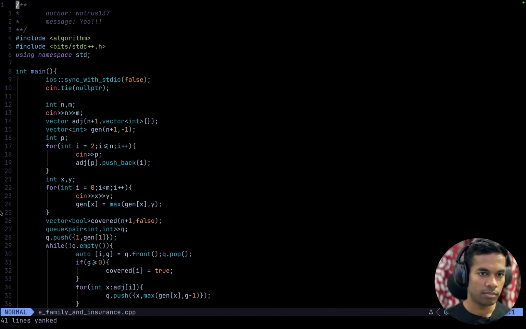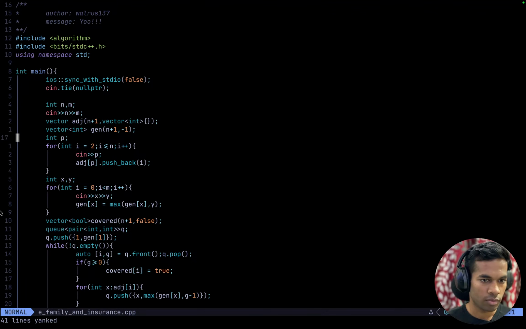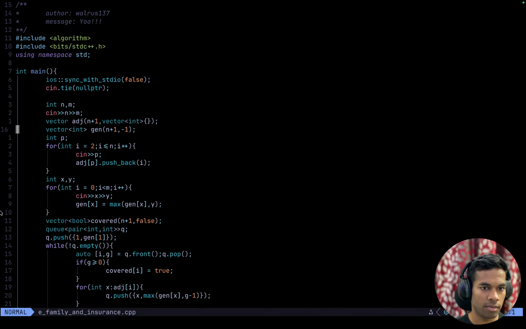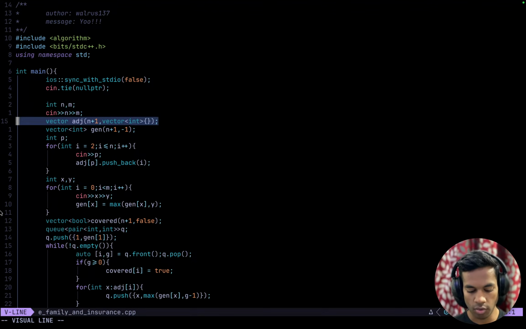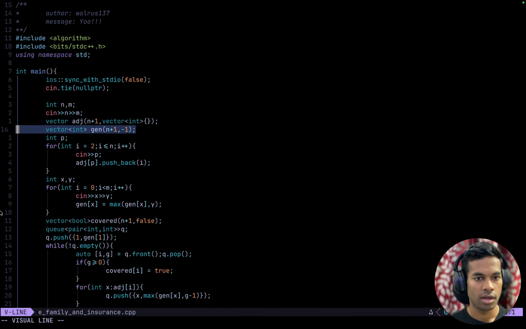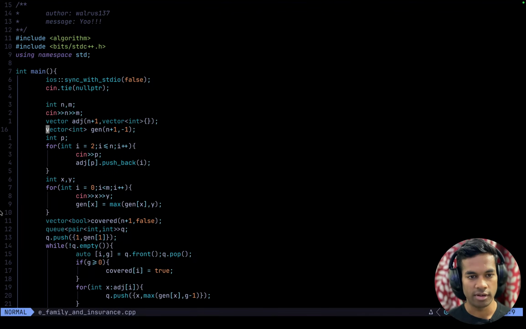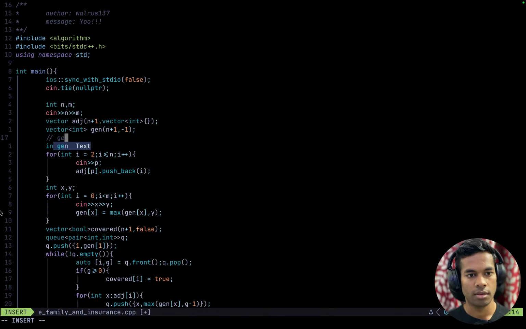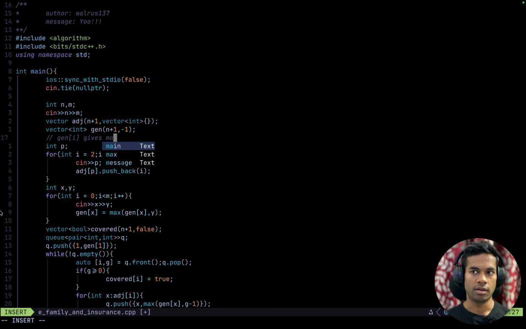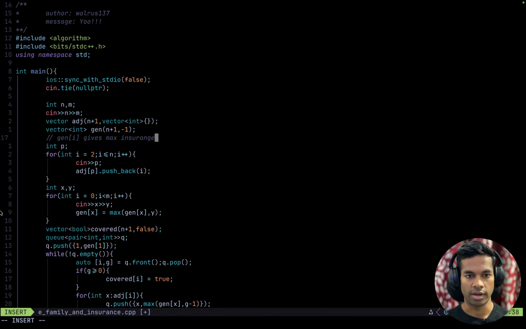Let's first look at what the variables are. We are storing the whole graph as an adjacency list, and we have a separate vector called generations, and gen[i] gives the maximum insurance